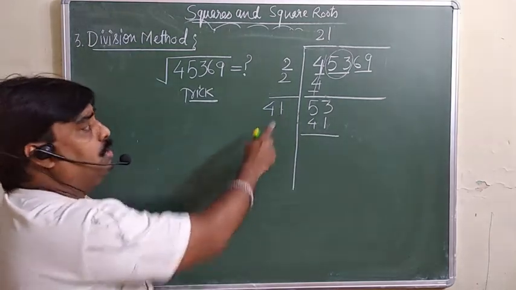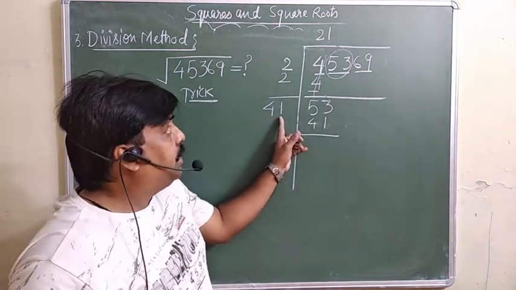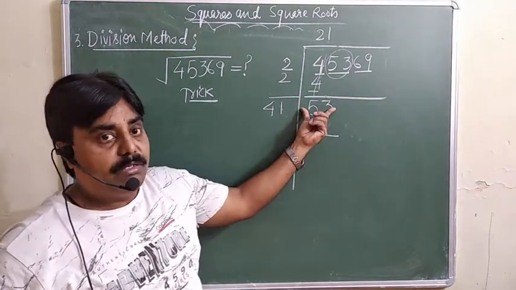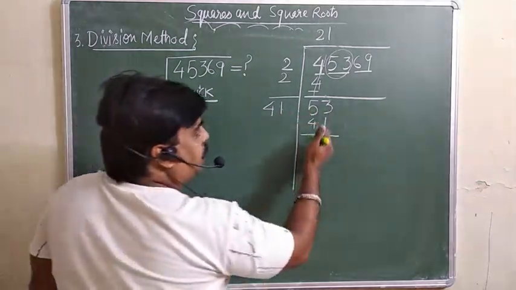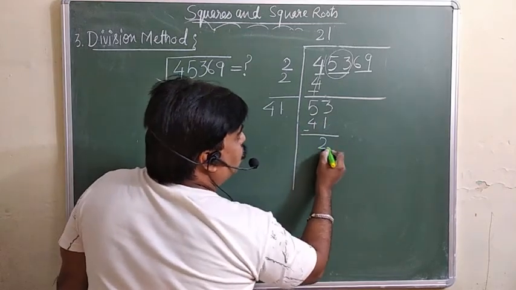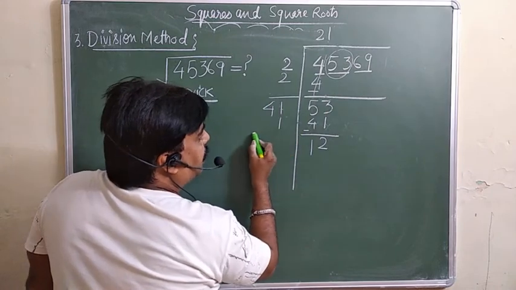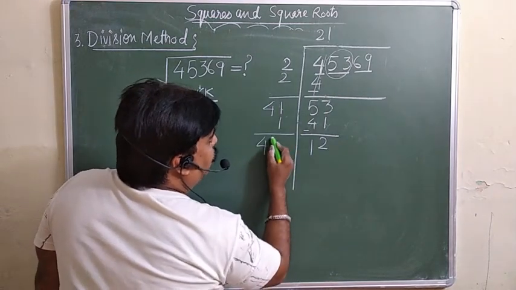We cannot write 2. हम यहाँ 2 नहीं ले सकते. अगर आपने 2 लिखा here and 2, तो 2 जा 4, 2 4 जा 8. So that is 84, which is more than this one. You should be very careful. Now you must subtract, same method. You will subtract, you will get 2 here and 1 here. And this number again must be added here. Again we are supposed to add. So you will get 42.